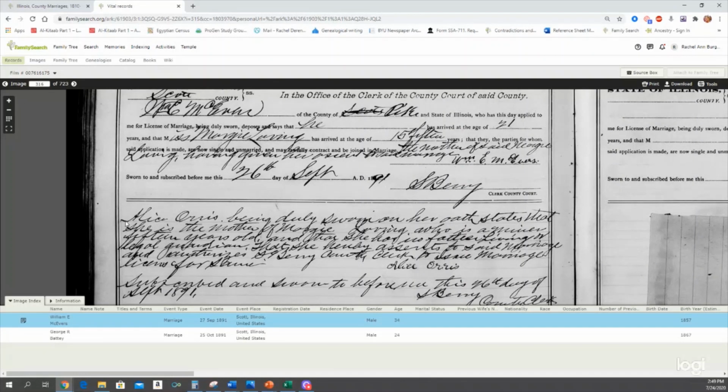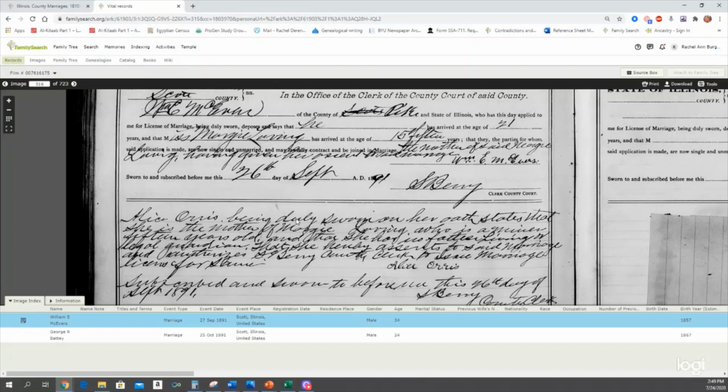Just her last name was Loving. This gives you her first name is Alice. And now she doesn't have the last name Loving. It's Oris, which indicates she married. And if you didn't know that, then trying to track her down to the time when she might have passed away would be very difficult because you wouldn't know to look for an Alice Oris. You might be looking for an Alice Loving.